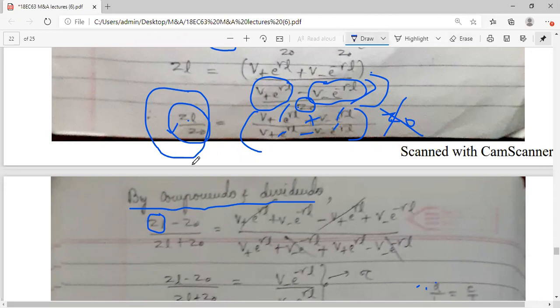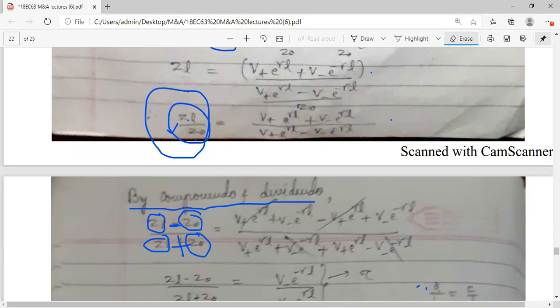First term I have written ZL. Denominator is Z naught. So there is a negative term, minus the second term. And ZL first term plus denominator, that is Z naught. So ZL minus Z naught by ZL plus Z naught is equal to,